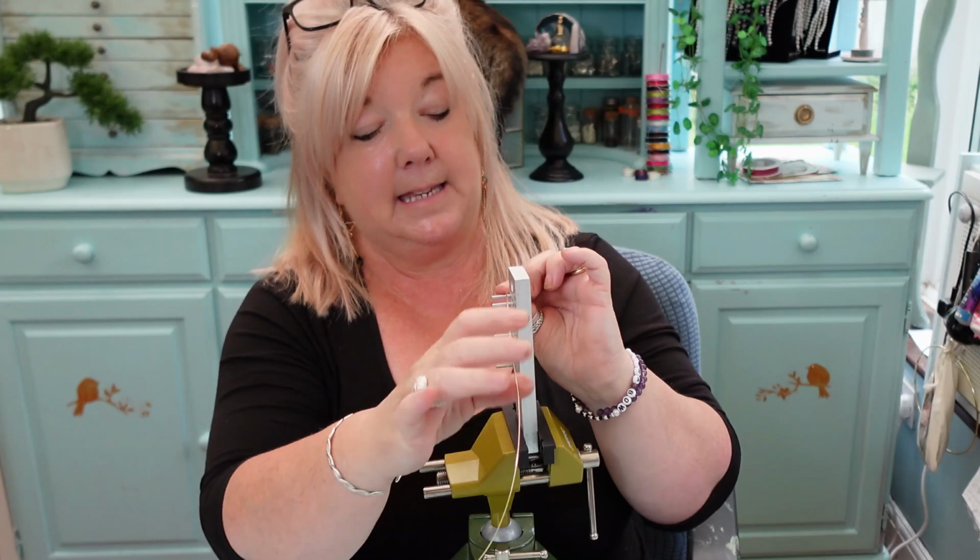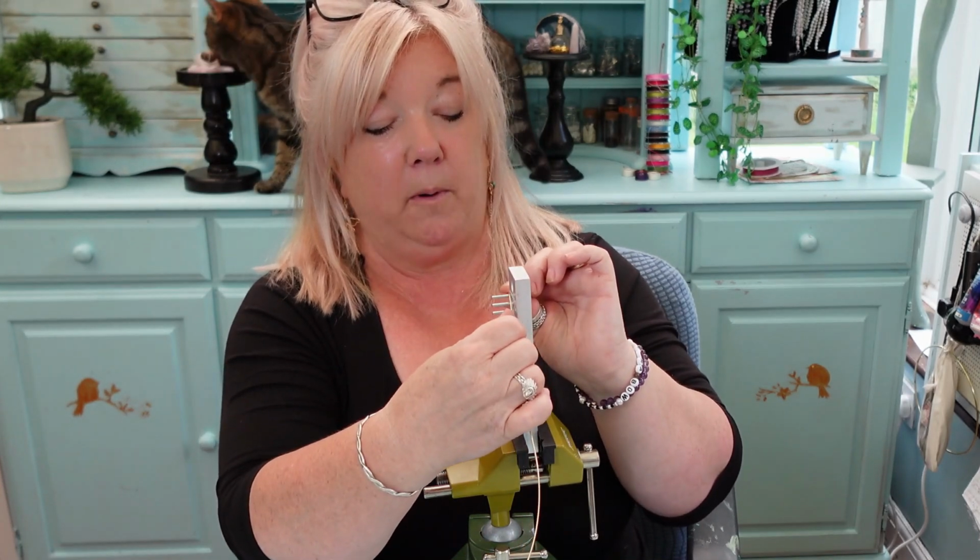Because it's 1mm, it'll hold its shape like that, so that's fine. Again, I'm going to do exactly the same. Rest the wire on top of the first peg. I've got about 2 inches